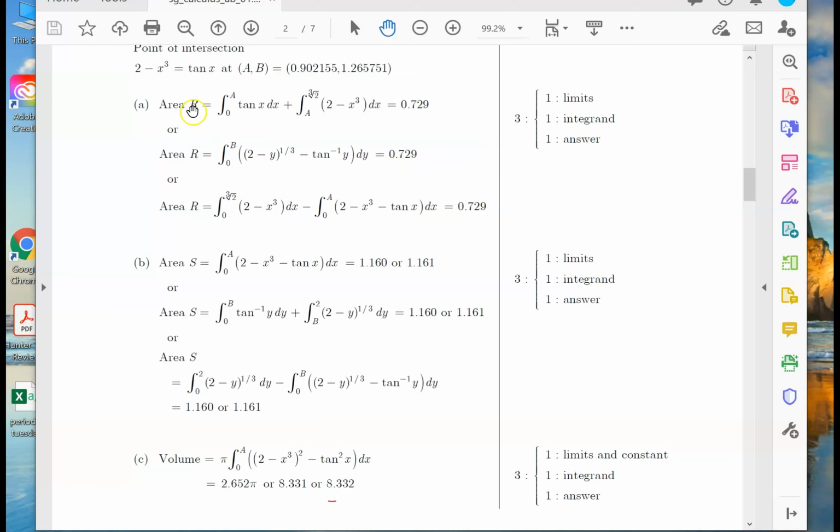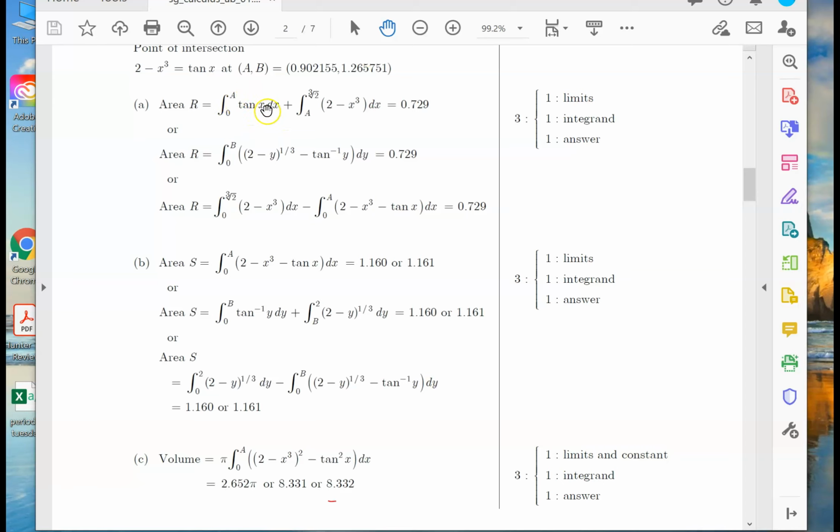And just a really quick side note for part A, I just wanted to show you the other way you could have done that question if you wanted to do it in terms of x. We had talked about it briefly at the start of the problem, but just to show you again here, basically you would integrate tangent separately. That was like the first side of the region, and you'd have to go from 0 to a,